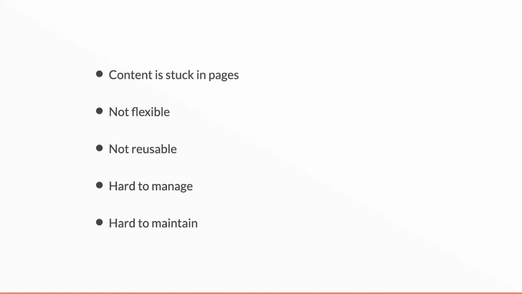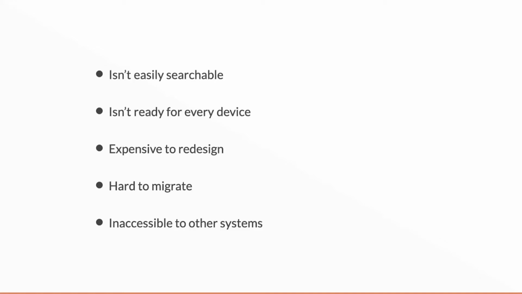If you want to make corrections, how do you know you've got every single instance of where that thing appears if in fact it's all tied into different blocks in different places? So you can end up with a lot of errors. It also isn't easily searchable when it's presented that way, because a search engine or internal search can't easily access the meaning of what makes up that block.